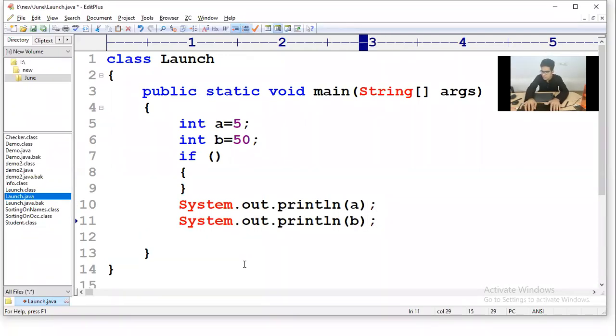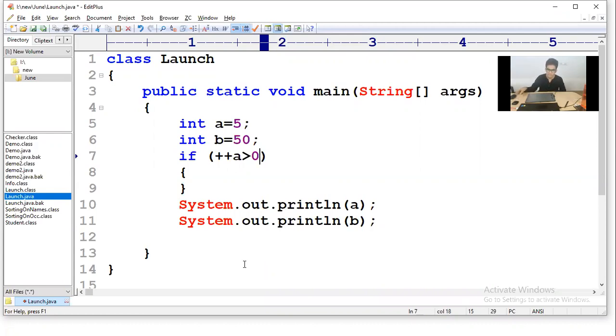In the if, I write ++a > 0. If I write this program, can anyone tell me what is the output?